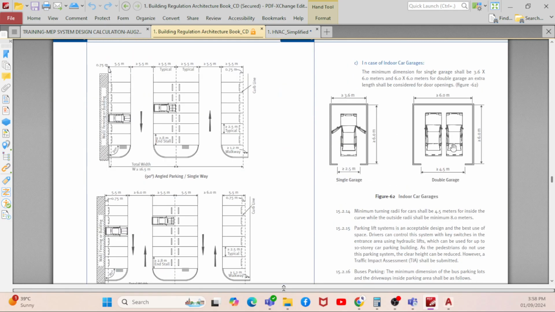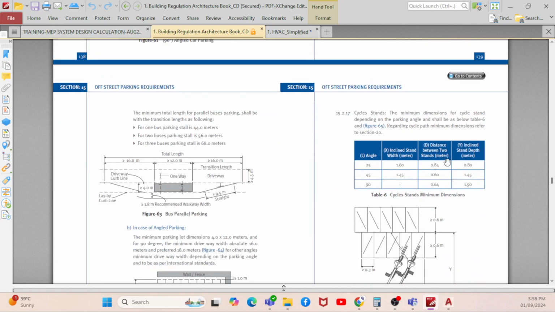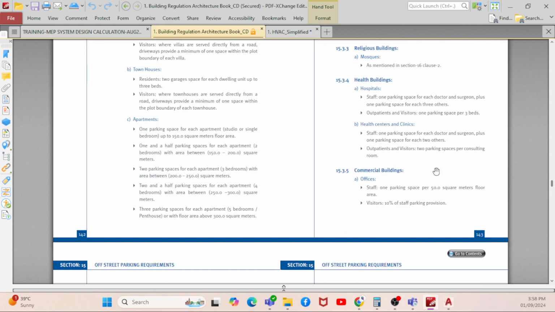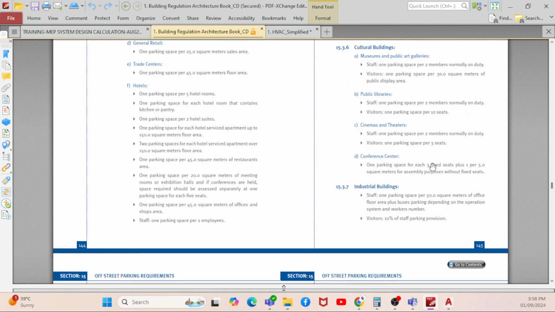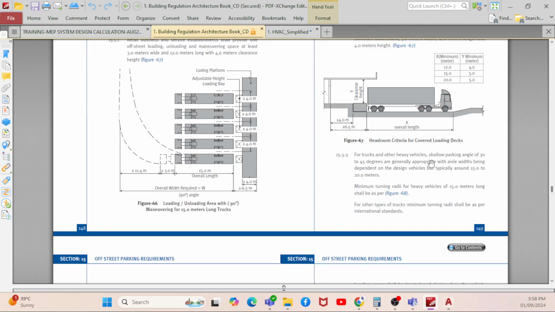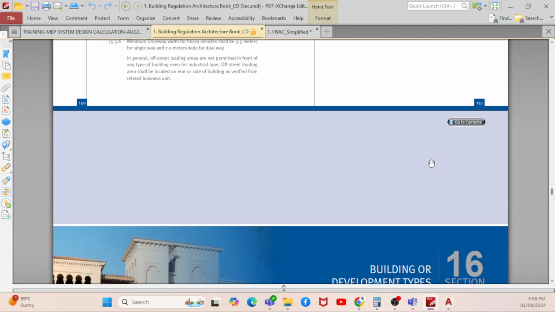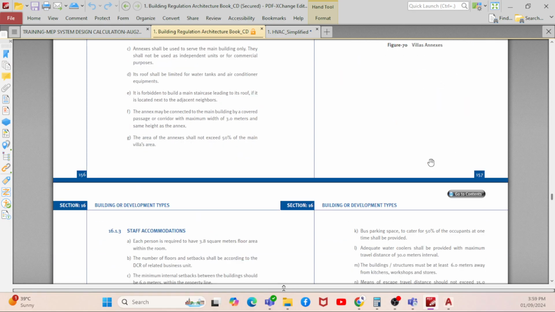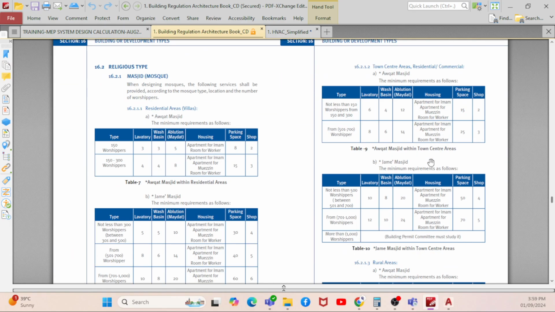Okay, if you have indoor garages, cycle tray, all the dimensions are provided, so you have to comply. The architectural team will comply with every requirement. Okay, if you go down, then there are different types